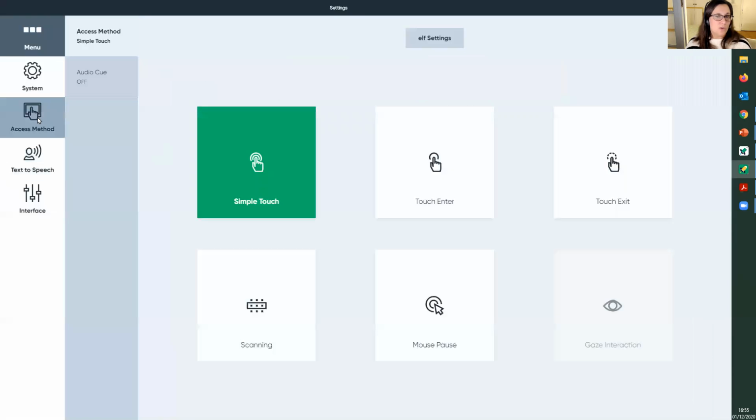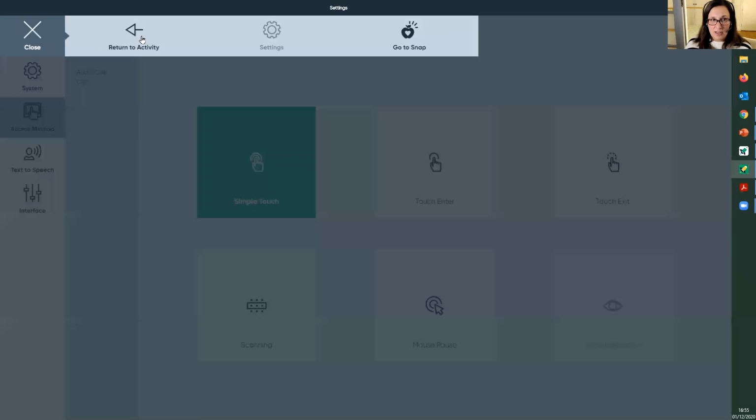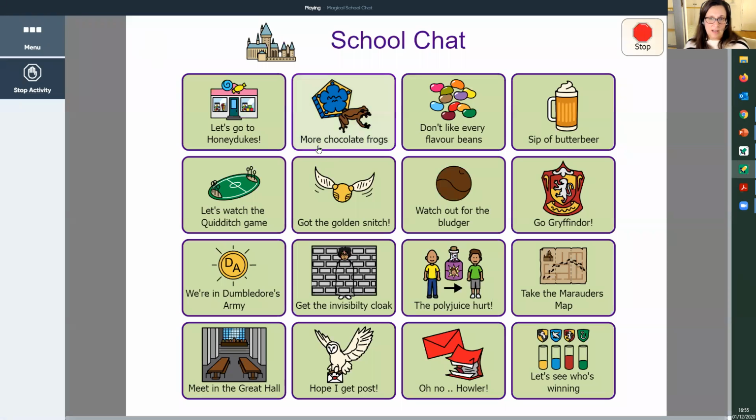I can also choose different access methods. And if I had an eye tracker, then I could use gaze interaction here for them as well. Now, the gaze interaction only works with the newer eye trackers. So on the i13, i16, and help me out, John. PCI 5. There you go. We do still have the older Boardmaker Student Center available